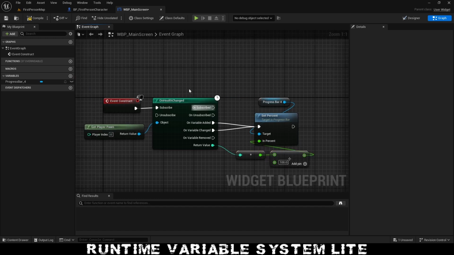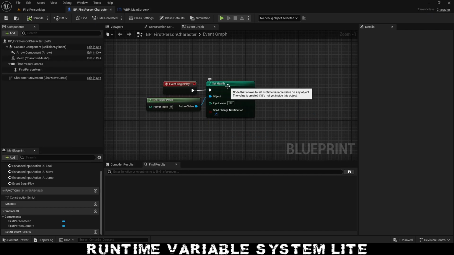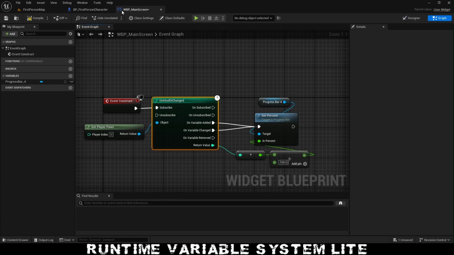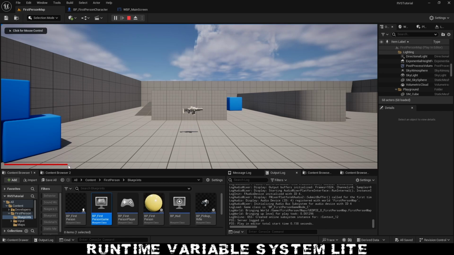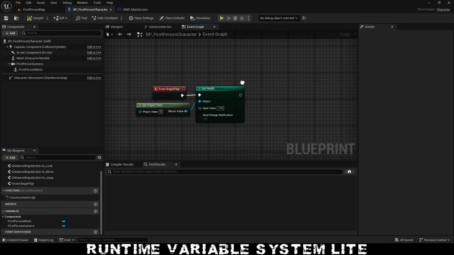The performance of this node is very high because it never ticks anything, and this is very event based. It doesn't poll for the data. Only when set health is called, it will evaluate and call the event. So in this case, as you can see, we have a full health bar now for the character. And let's say that